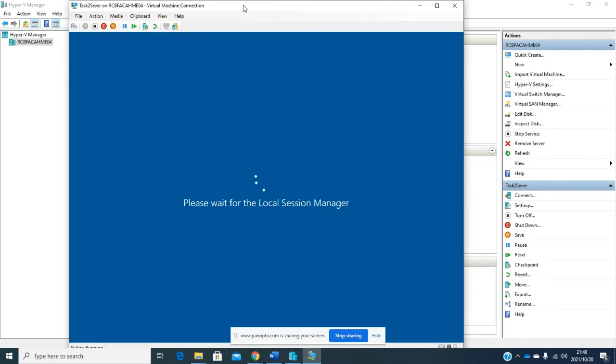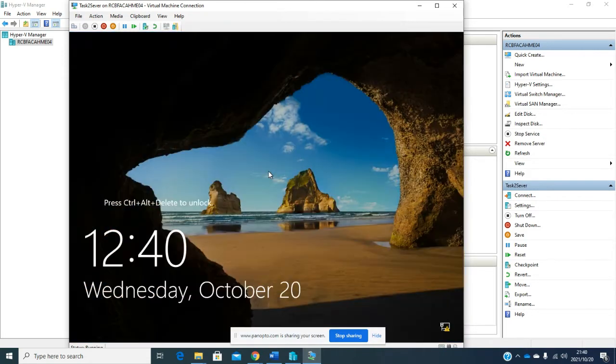Right. We will wait. Now we're done. Now we can log into our machine. It says here, press Control Alt Delete to unlock. When you press Control Alt Delete on your keyboard, you must be aware that you will be pressing Control Alt Delete of the physical machine like this, and you may